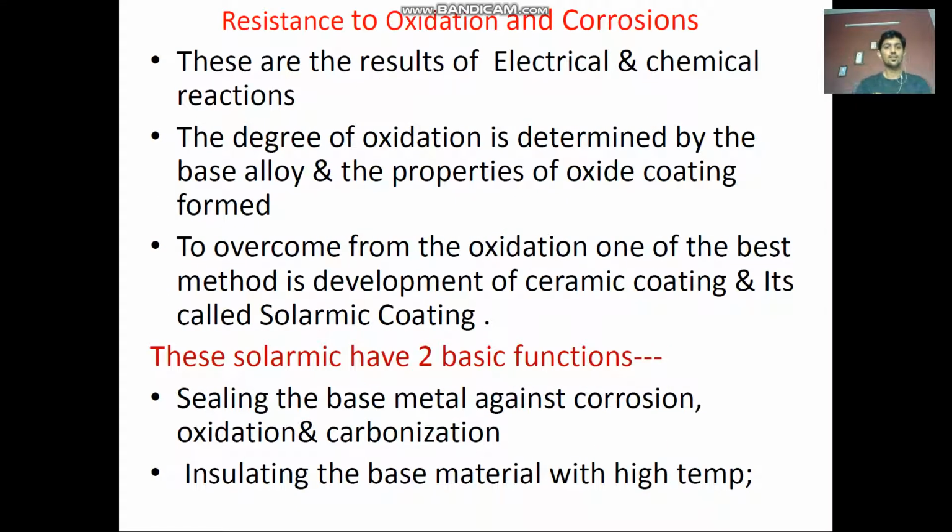Now, let us move to the next topic, that is resistance to oxidation and corrosion. First, let us understand what exactly oxidation is. Oxidation is a process in which the particular element or specimen will lose electrons. By losing these electrons, it is going to lose its properties of resistance. So that is nothing but oxidation, whereas corrosion is nothing but deterioration of that particular metal due to coming in contact with water or some chemicals like that.